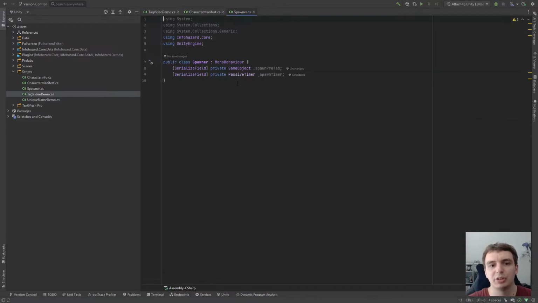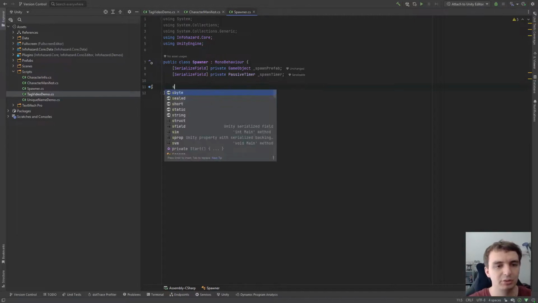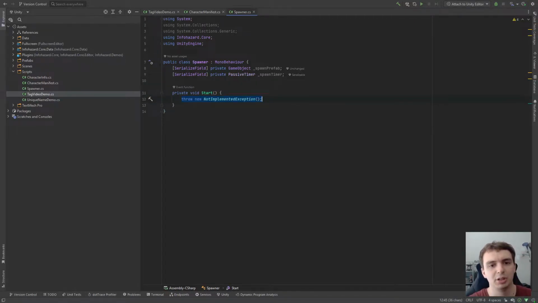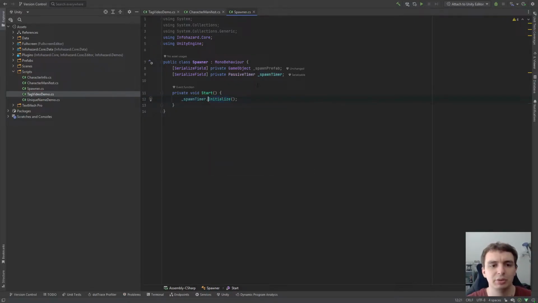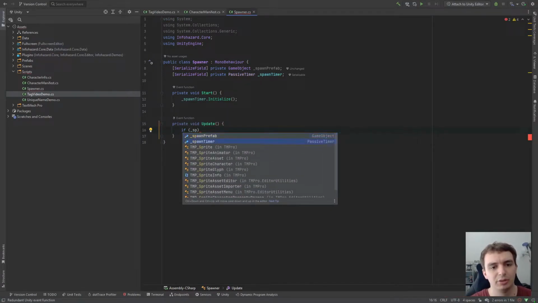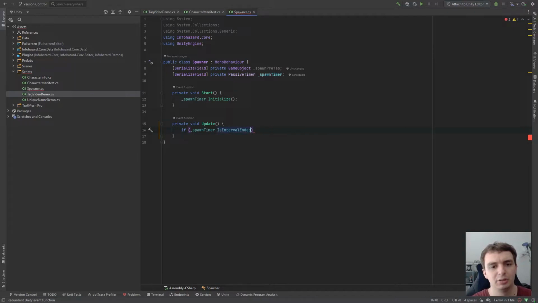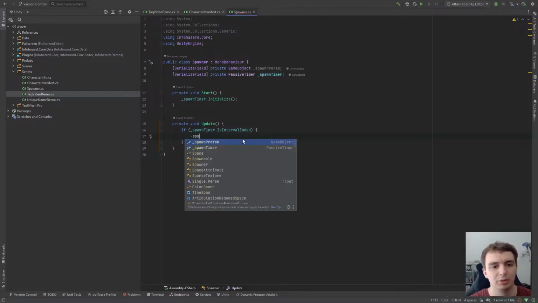So in our spawner script, let's go ahead and use that timer. First thing we need to do is in a start function, add a call to initialize. This is important to do so that this timer knows what time the object was initialized at. Otherwise, it would have no idea when to start counting down. Then in our update function, you can say if spawn timer.interval ended is interval ended. This basically says if the current interval that the spawn timer is counting down has passed, then we want to